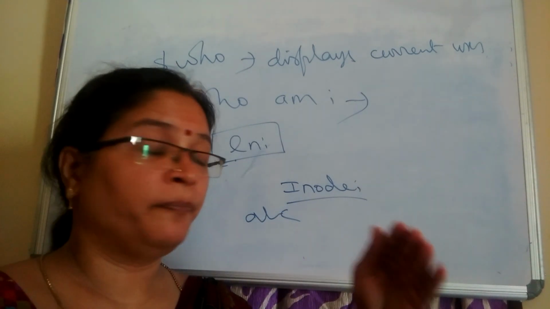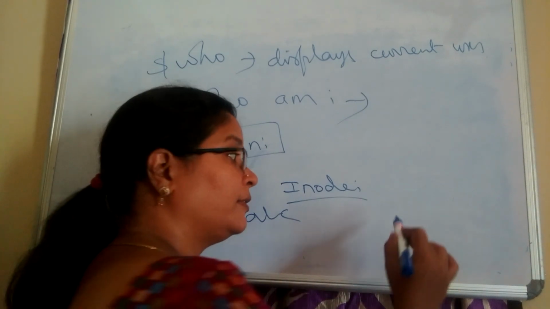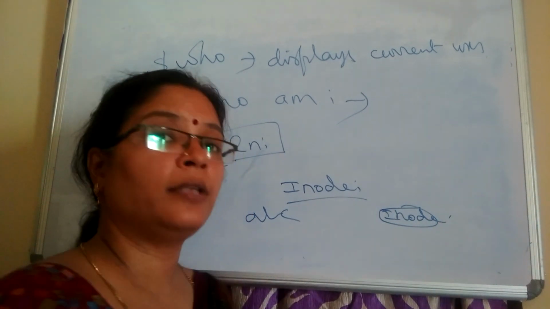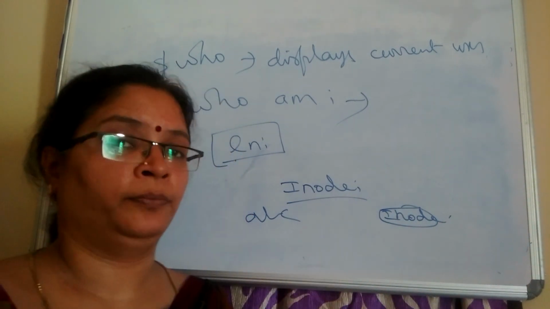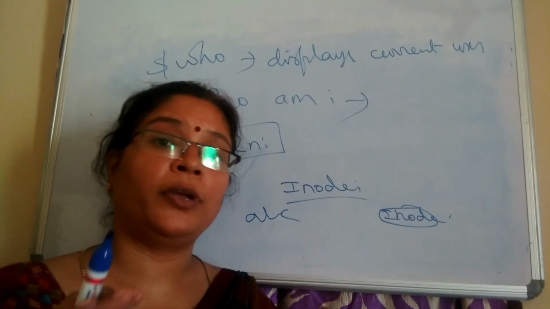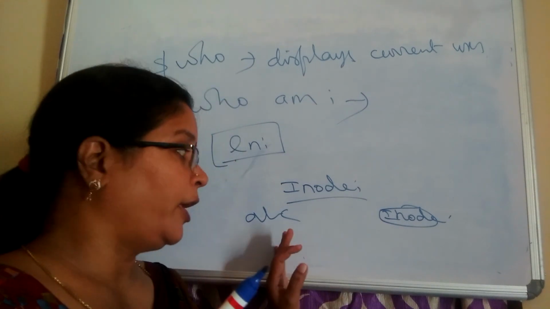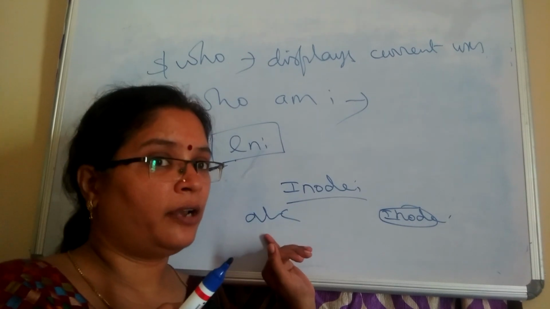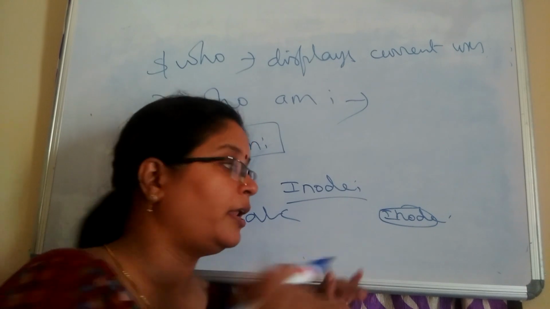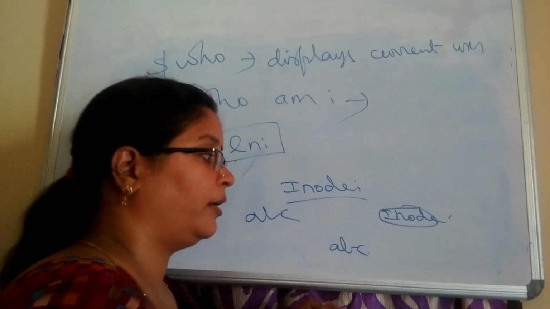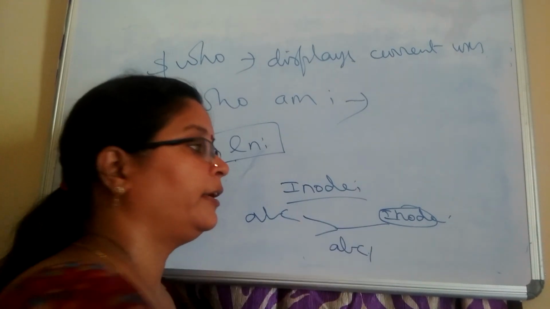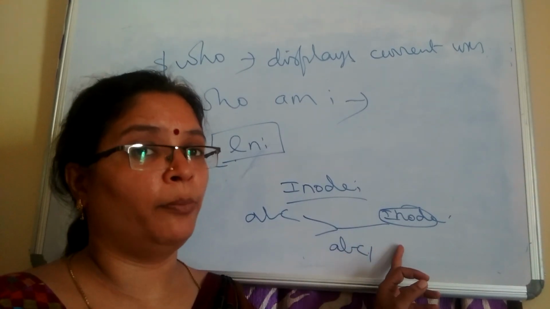But inside the system, the file will be identified by the inode number, a uniquely generated number by the system. That is called an inode or index node. The system can recognize that particular file with the help of the index node only. Say you want to link this ABC file with another file called ABC1. The linking of the ABC file and the new file called ABC1 is called hard linking. Both the files will share one link, one number, called the inode number.